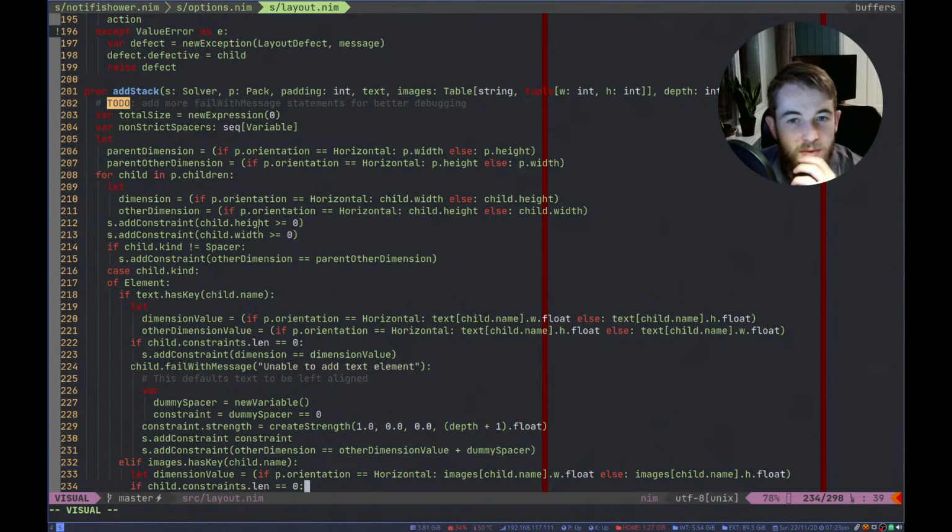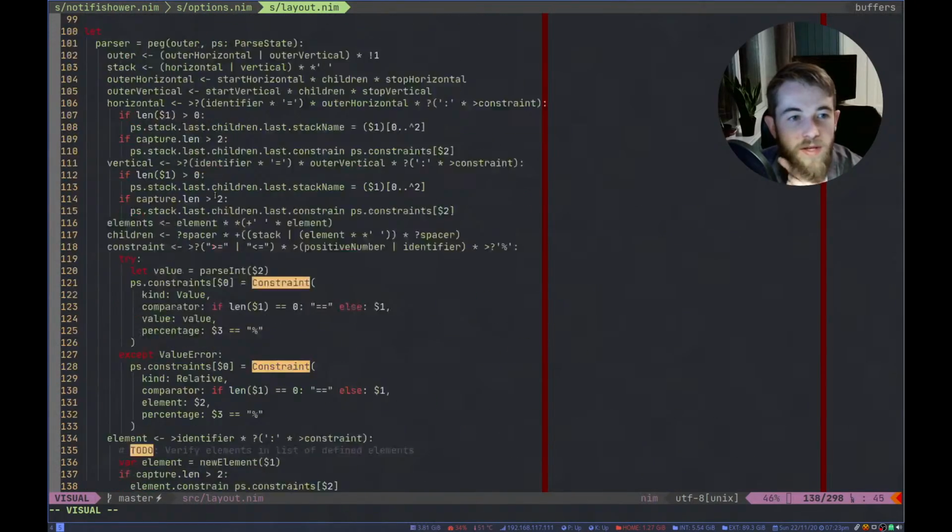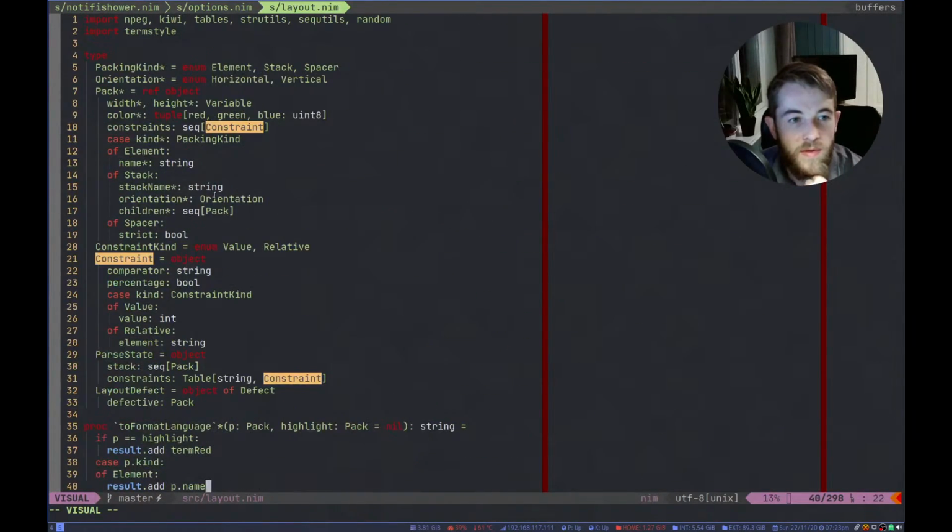Is that something we're actually able to get? You know what? We might not be able to, by the way this is set up. Because we don't have a global list of packs, so we can't get the width and height within a pack.